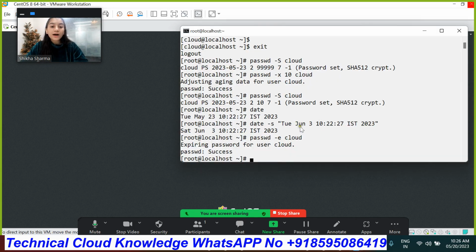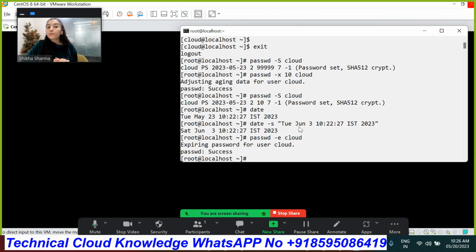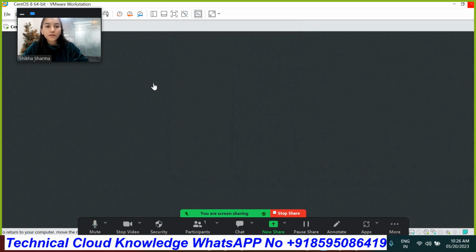Now let's move to our sixth field. As I discussed with you, the sixth field refers to the warning mails, on which you will receive a warning mail that your password will expire within a few days. Okay. To understand this option, as it is somewhat complicated, let's create a new user. First, let's log out from here.